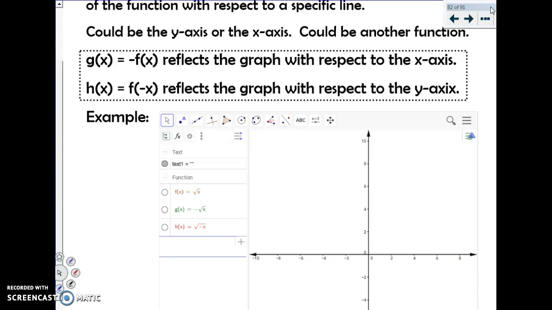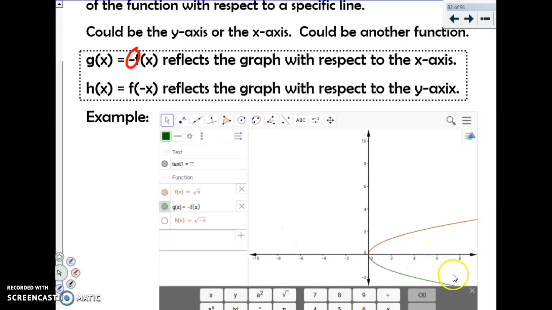So again, when you have the negative on the outside, it changes all of the outputs from positive to negative or negative to positive. So if we are going to look at our parent function of the square root of x, okay, if we're going to look at this parent function, the square root of x starts at the origin, and then we keep this negative on the outside of the function, then what happens is it's